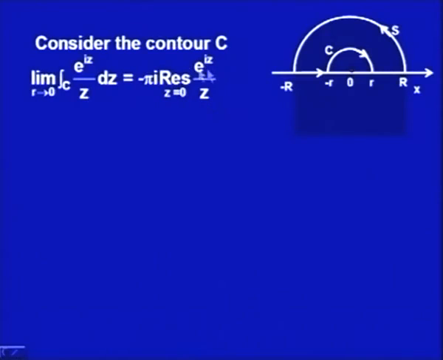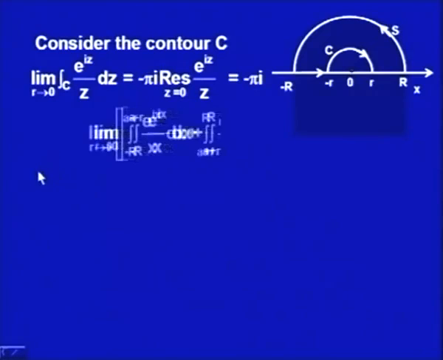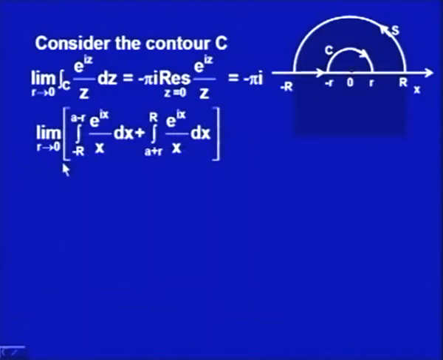That says we required only the residue of the function e^{iz}/z at z equal to 0, which we had already calculated. We had calculated it as 1, so the integral is minus pi i. Now, limit as r approaches 0,